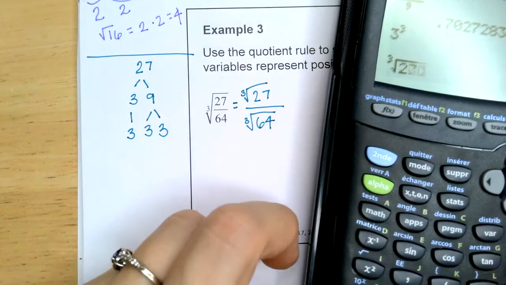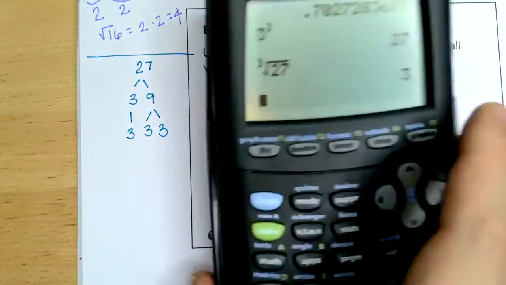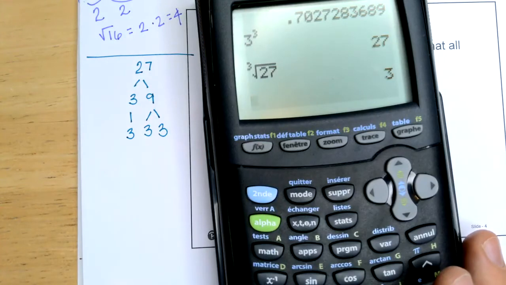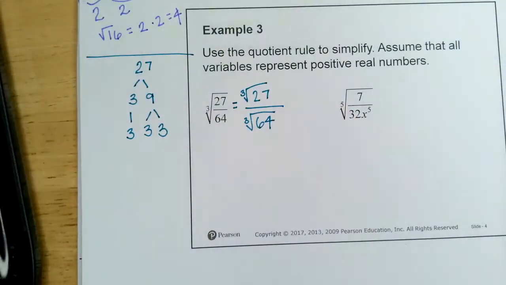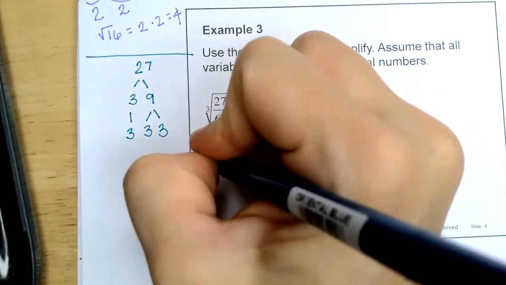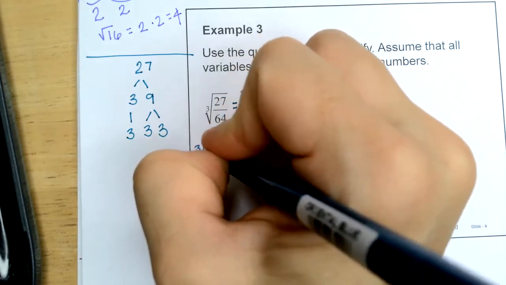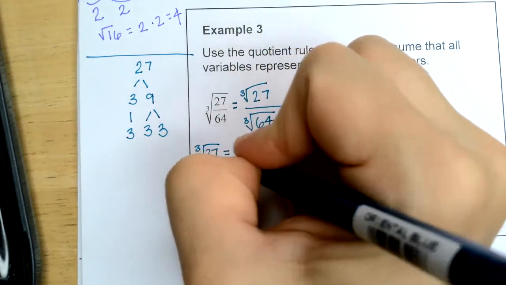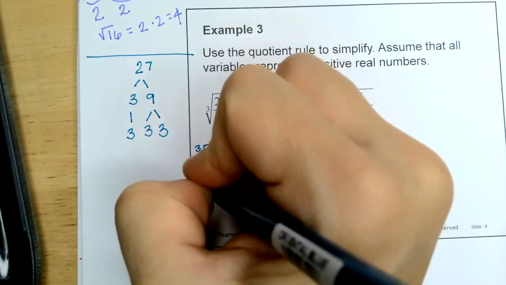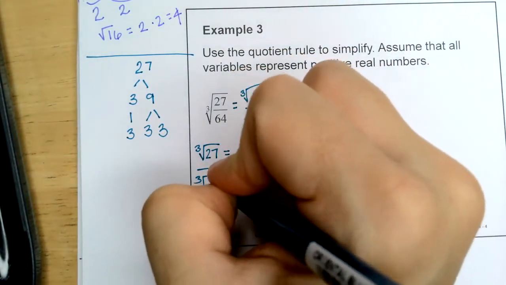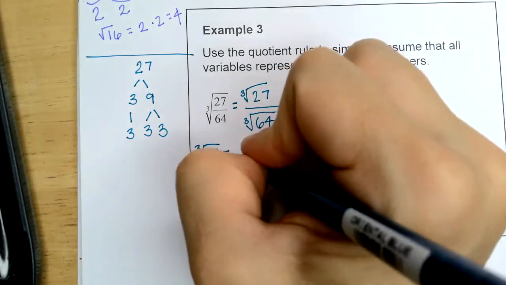The cubed root of 27 is 3. They are inverses of each other. So the cubed root of 27 becomes 3. The cubed root of 64 becomes